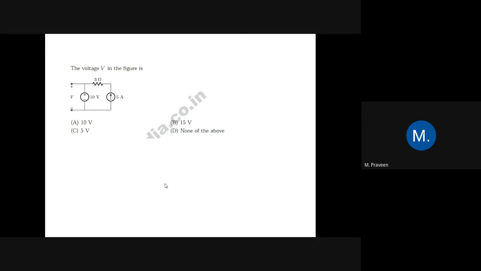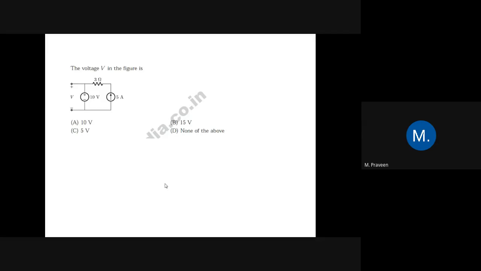So here it is given as 0 volt. Okay, so now 10 plus 5 plus 1 is 16. E plus 16 is equal to 0, therefore E is equal to minus 16. So the answer for the question is option A, which is minus 16 volt. Let's move on to the next question.